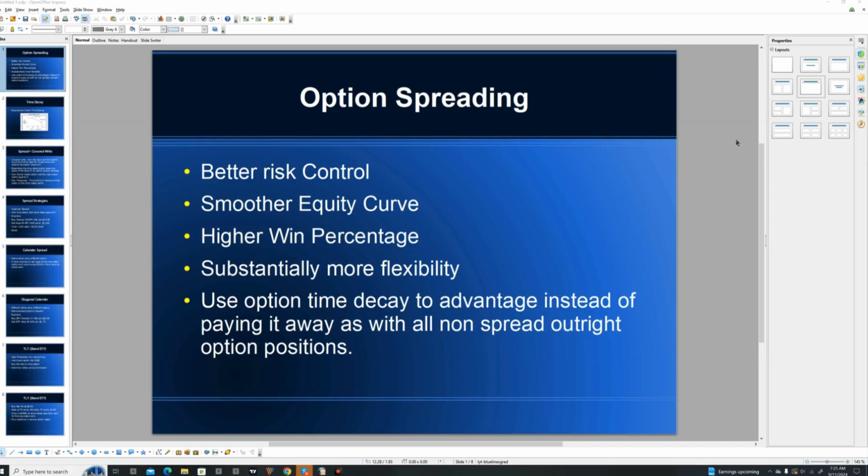Hey everyone, today we're going to talk about option spreading, particularly a strategy that I've been using with great success recently in the TLT, which is the bond ETF. Okay, so first of all, I know that a lot of you are familiar with buying puts and buying calls. A put or a call is simply almost like a real estate option. You buy the option to buy a property, or in this case, 100 shares of stock at a certain price